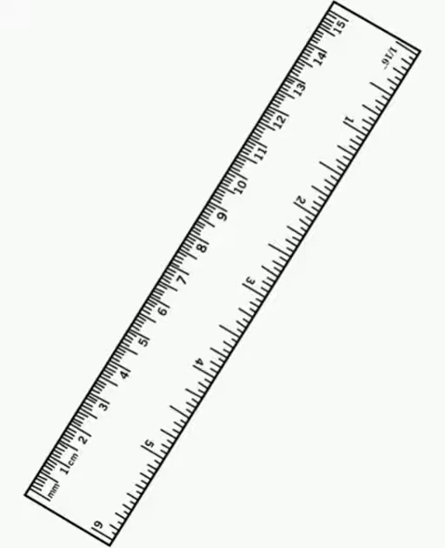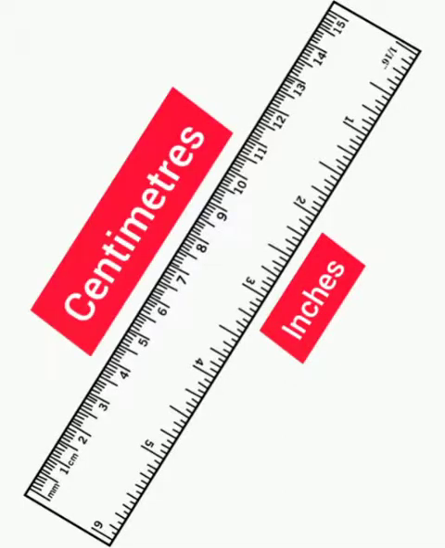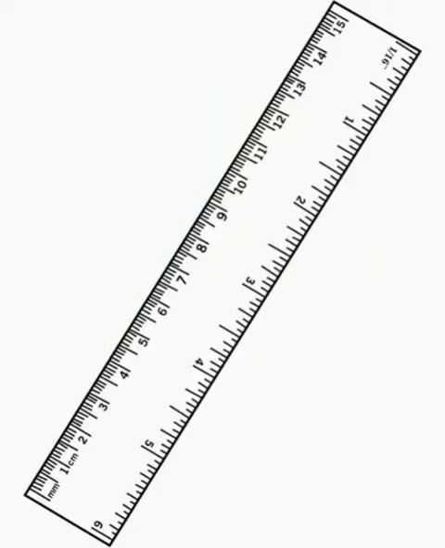Later, human beings invented the ruler for measuring length. Length is measured in units such as inches, meters, and centimeters. We measure the length of smaller objects in centimeters and the length of longer objects in meters.